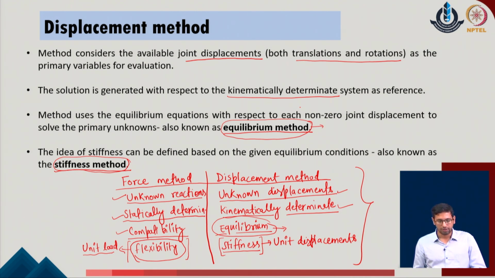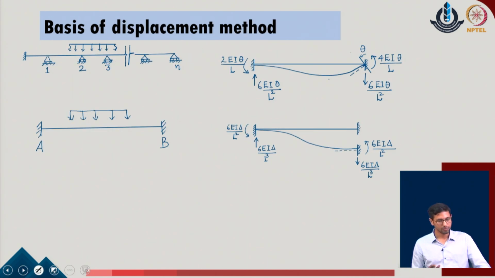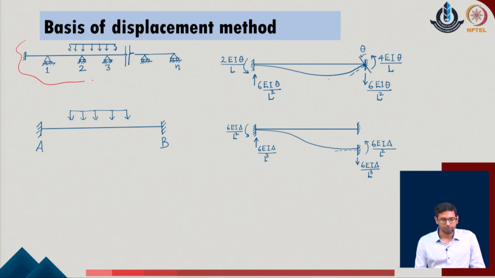So in this manner we identify a unit load kind of approach in the force method, and we come up with a unit displacement kind of approach in the displacement method. Now, before going into the formalities of the basic displacement method, we understand a few points. This is a problem which we want to initially solve, as this problem was also our consideration in the force method. As a starting case, we try to identify all the degrees of freedom which are available in this problem.